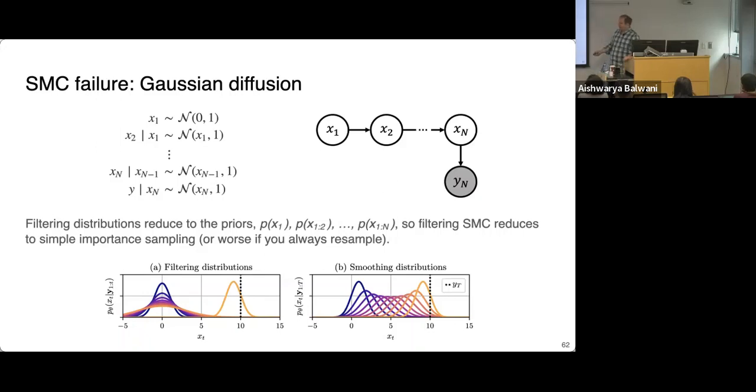And this big jump in distributions from time step 9 to time step 10 means that by time step 9, most of our particles are going to look like this broad Gaussian here, and we're going to get very few particles that happen to be close to this target distribution that we really needed to end up at. And so this is basically doomed to fail in this simple setting.